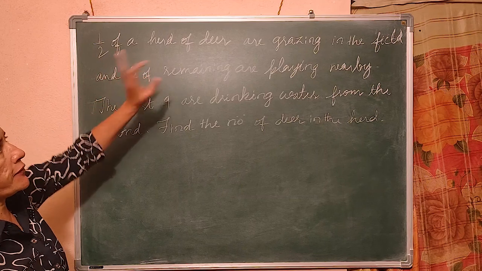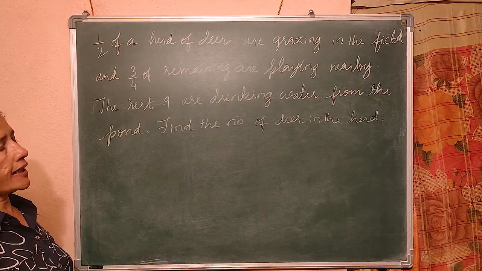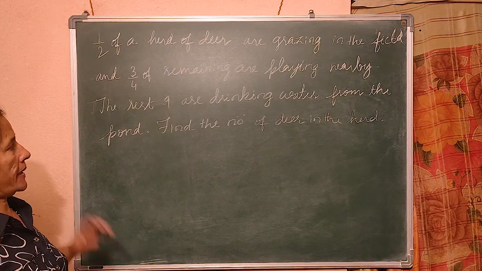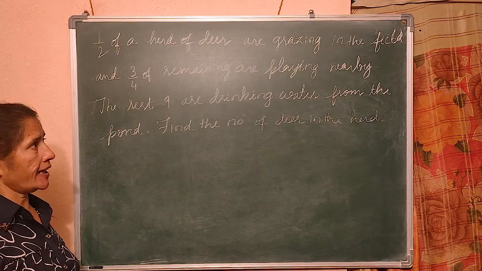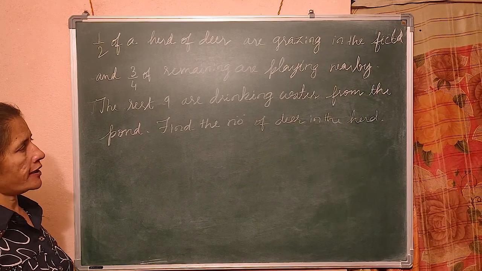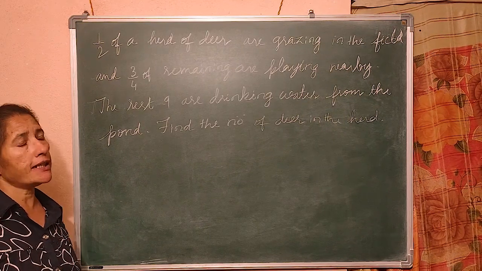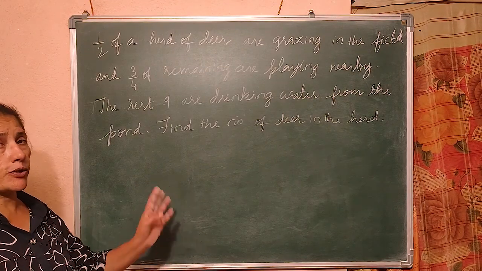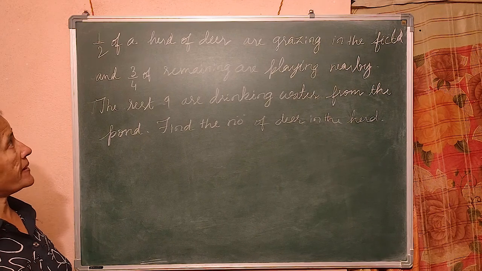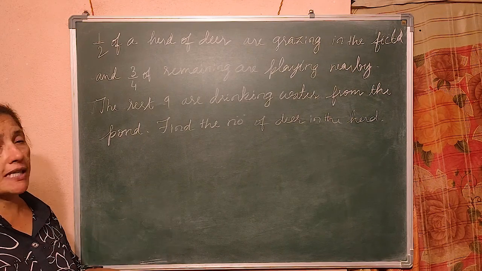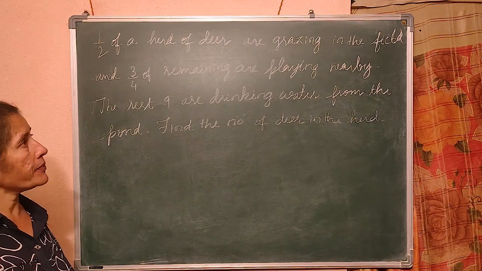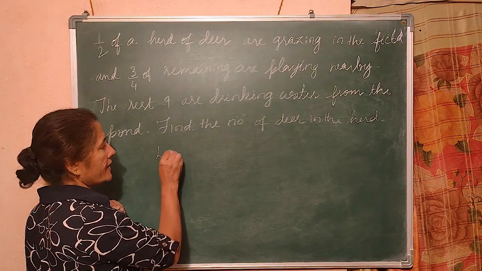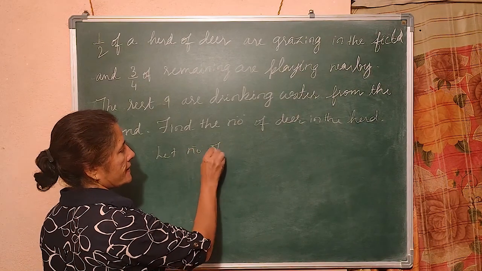Half of a herd of deer are grazing in the field. 3/4 of the remaining are playing nearby. The rest 9 are drinking water from the pond. Find the number of deer in the herd. You must have heard herd of sheep. Deers also we say herd. So what happens? Half of the herd of deers are grazing, right? So what shall we take? Let number of deers